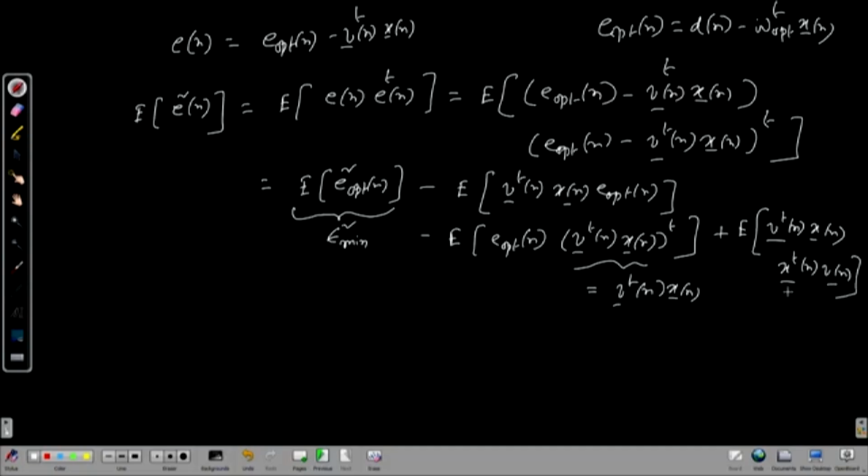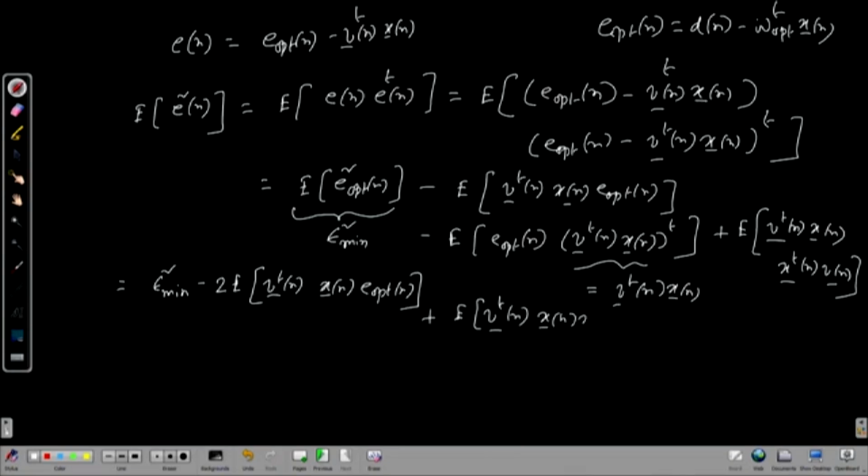So this is equal to minus, since these two terms are the same, twice the expectation of V transpose n x n E opt n, plus